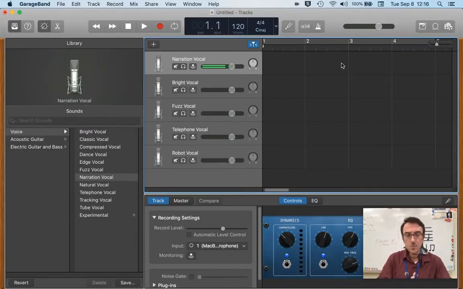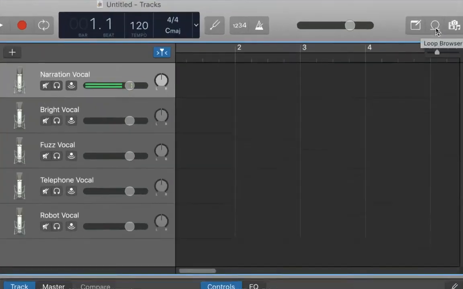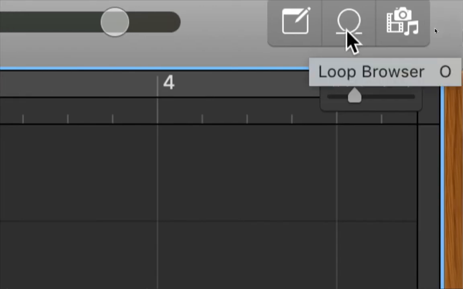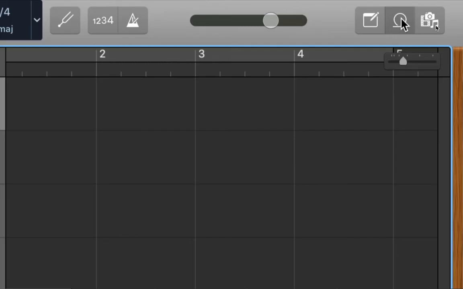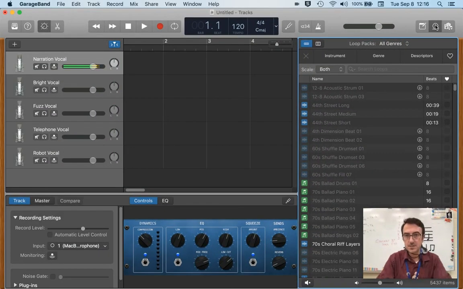Now, over here on the right, we have an icon that looks like a roller coaster track. These are called the loops, and the loops are pre-recorded sound snippets that come with GarageBand. They're made by professionals. They sound amazing. You can make songs that sound great using just the built-in sound snippets. You'll notice some of mine are grayed out, and if I click on them,